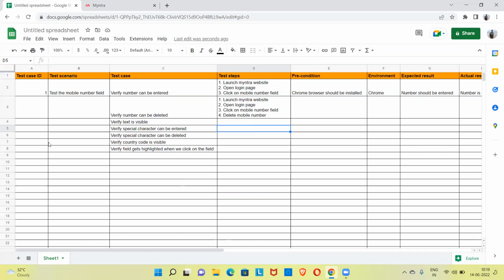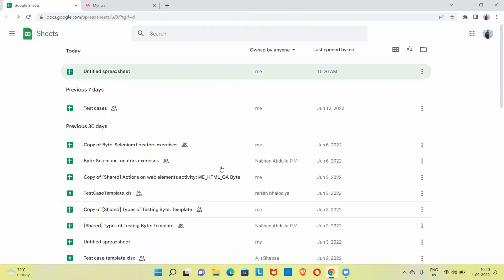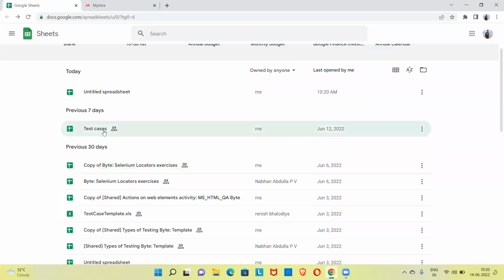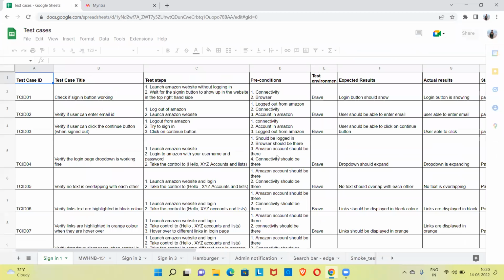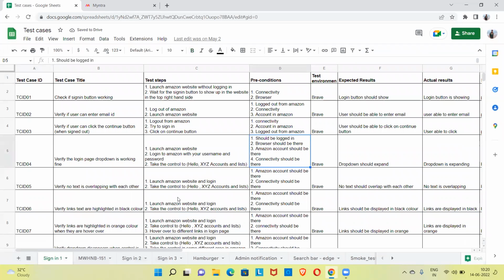So we have seen all these details over here, right? I'm gonna show you another template. Okay. So here I have previously written the test cases. So this is different from the last example that I have shown you, but don't worry, you can